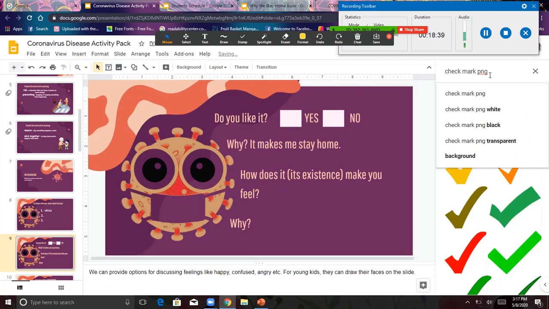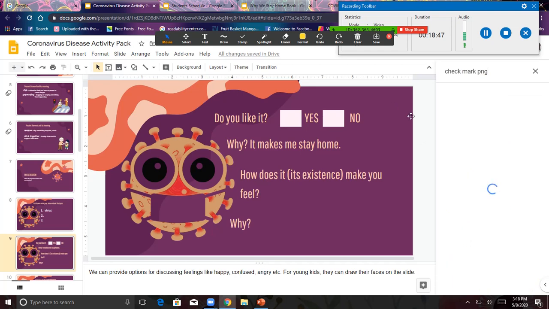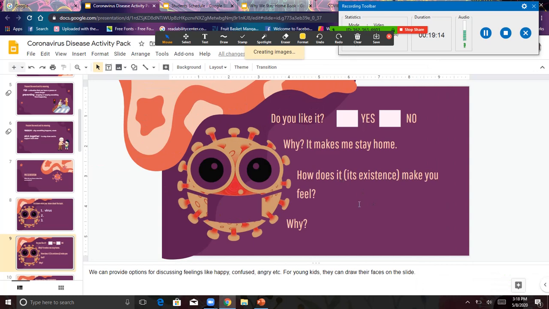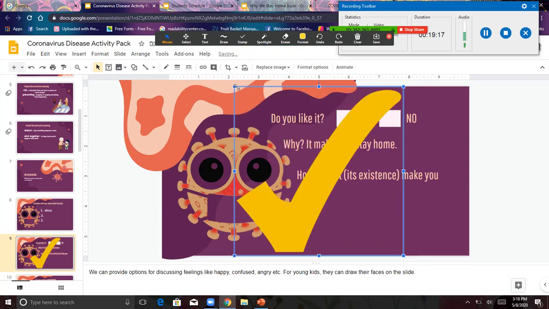What I like with Google Slides is that it's connected with Google Chrome, and the clip arts are already available. You don't need to go to the sites where there are PNG pictures, and sometimes they ask you to link your FB or your email, and if you have security concerns, so this is a friendlier option. Let's use the yellow one because it's cute. Just click it, then click insert. Notice I type PNG because PNG,